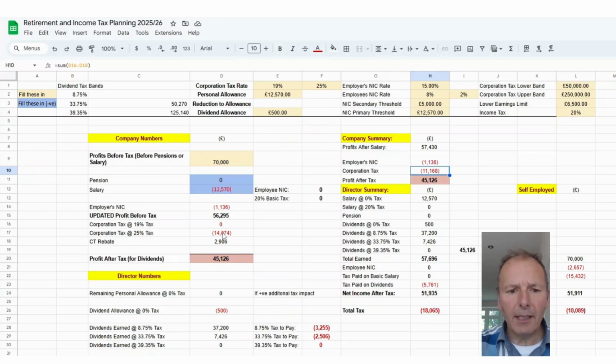£11,168. There's a tapering going on between £50,000 and £250,000. You're then paying still the same employer's national insurance, the 1,136, because the salary is unchanged, and then you're paying taxes on dividends, total of £5,761. And the grand total of all the limited company taxes is £18,065. So you're ever so slightly better off with the limited company, but don't forget you might have to pay